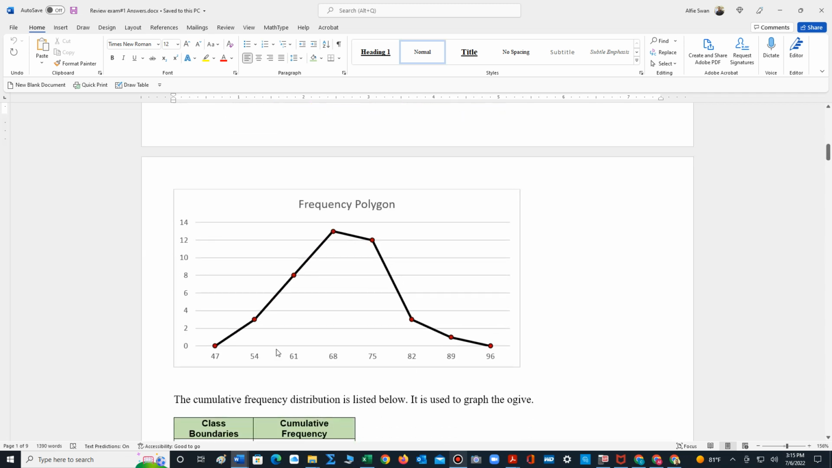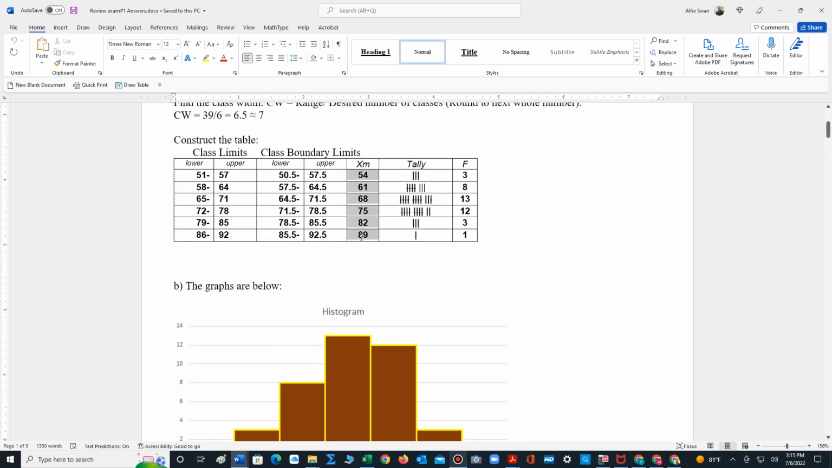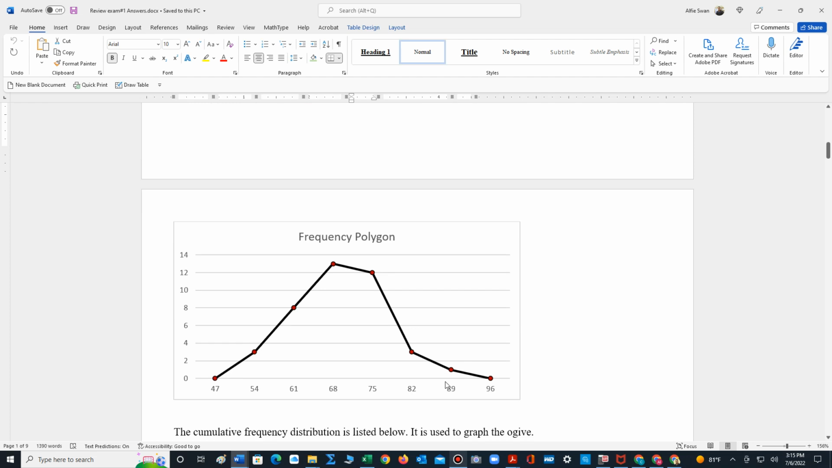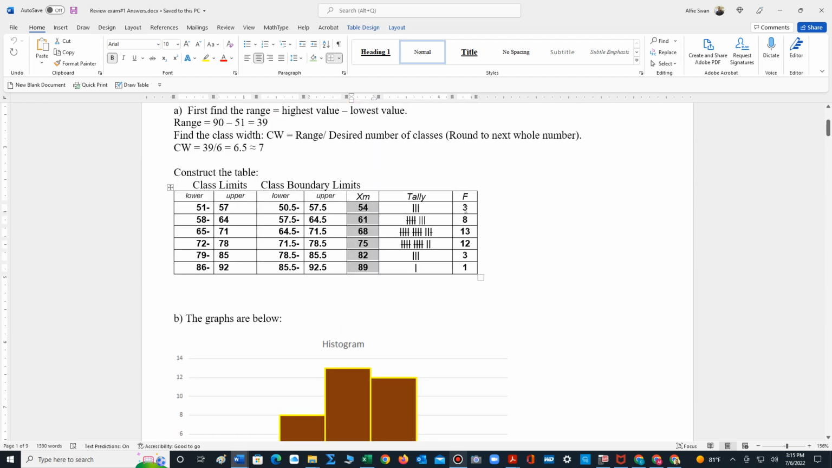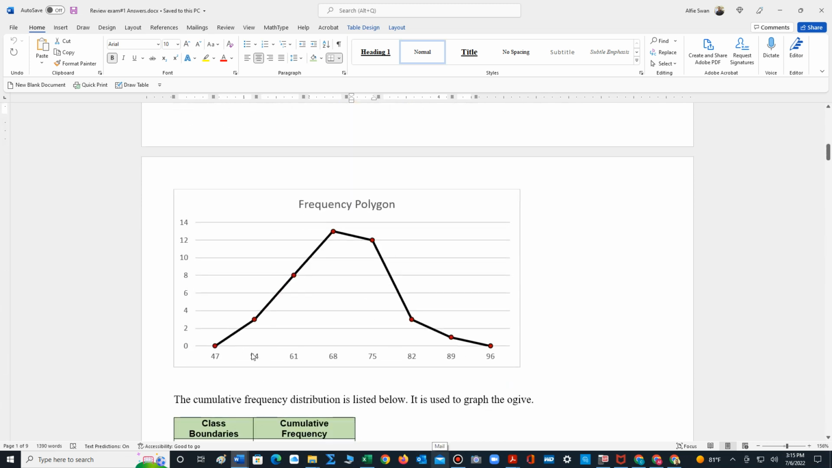For the frequency polygon, we place the midpoints on the x-axis. So we will place these midpoints on the x-axis from 54 to 89, and then we plot points. So 54 and 3 will be the first point that's plotted. So 54 we go up 3 units, 61 we go up 8 units. And you plot all the points, connect the points with straight lines, and remember all the midpoints are separated by